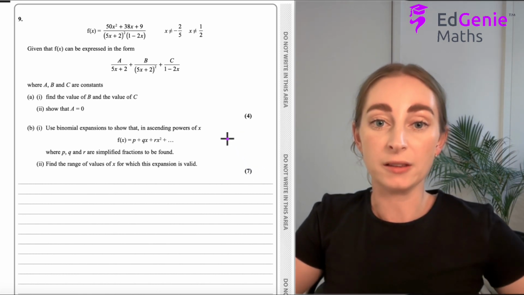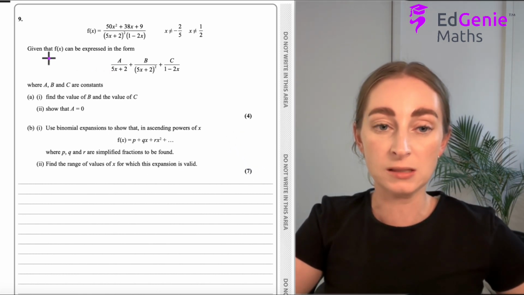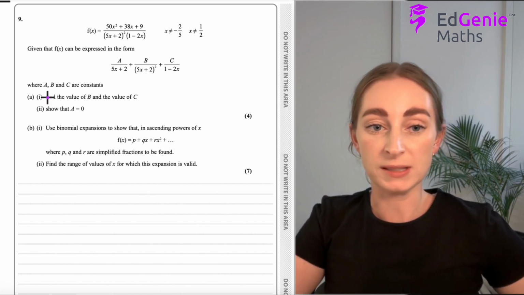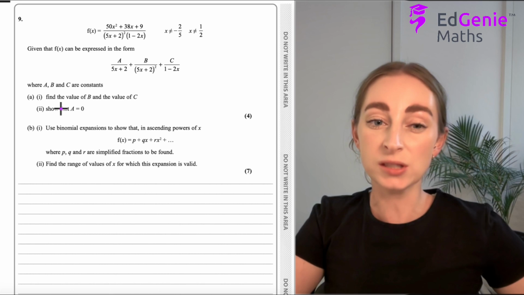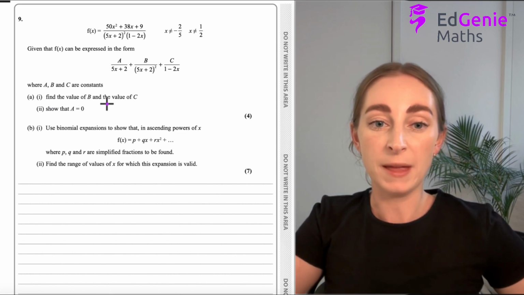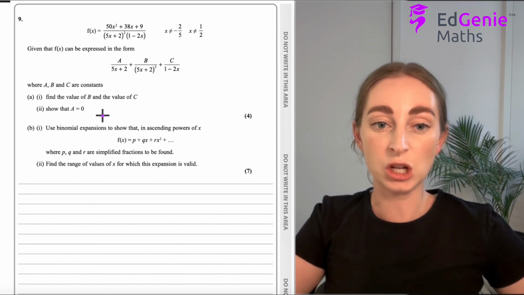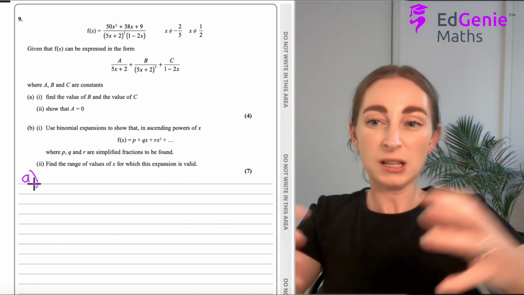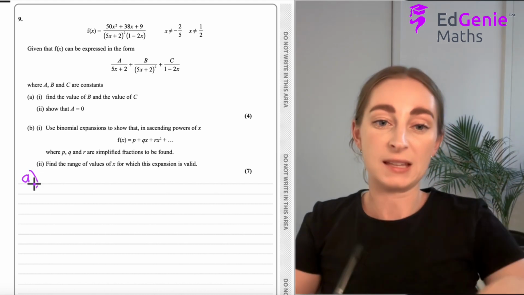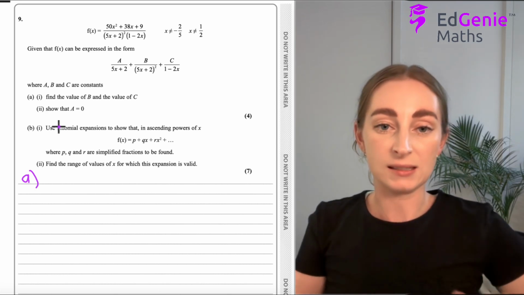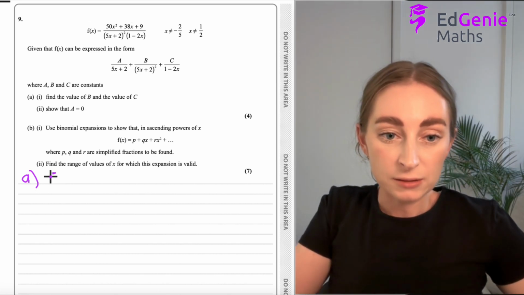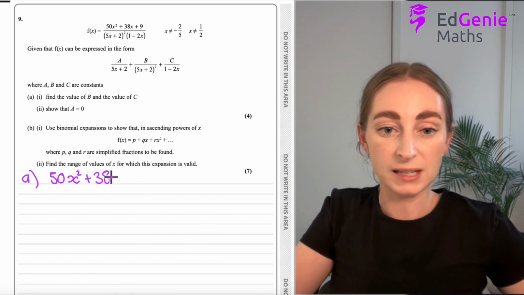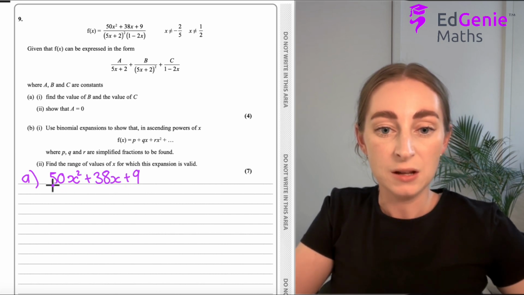So I already know that that's probably going to hurt our brains. So we've got our function. They've told us what form to put this in, where a, b, and c are constants. Find the value of b and the value of c. Show that a equals 0. So we're going to do this together, and then at the end I'll say b and c are this, a is this. So let's write 5x squared plus 38x plus 9 all over